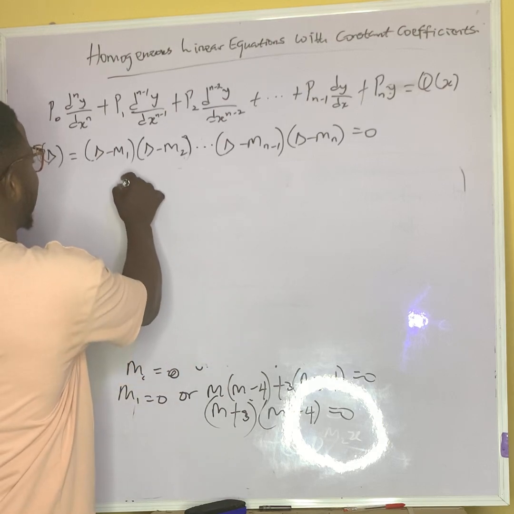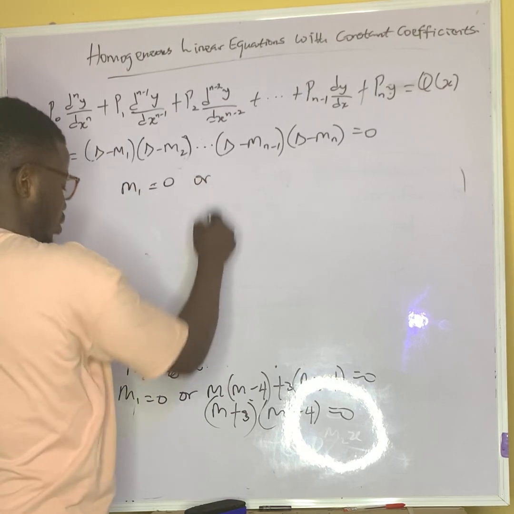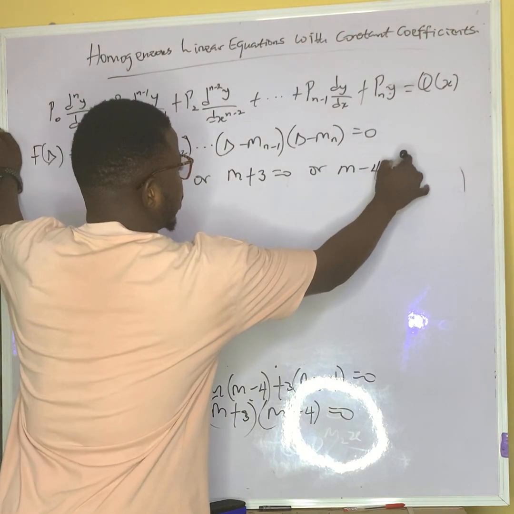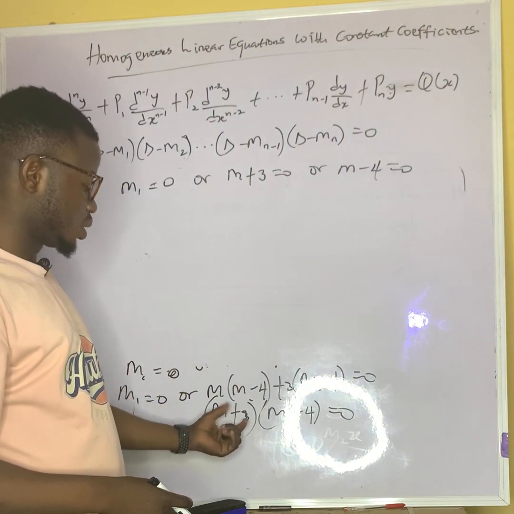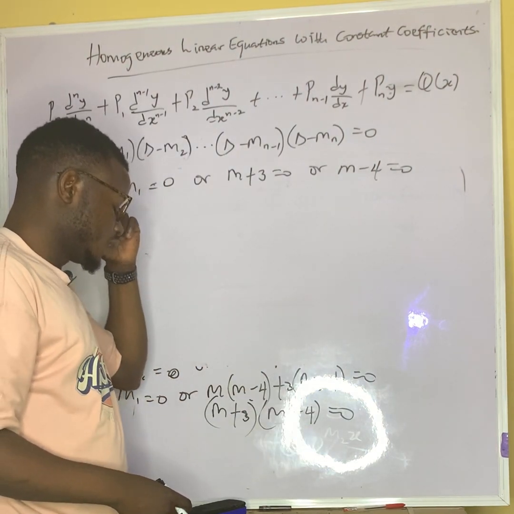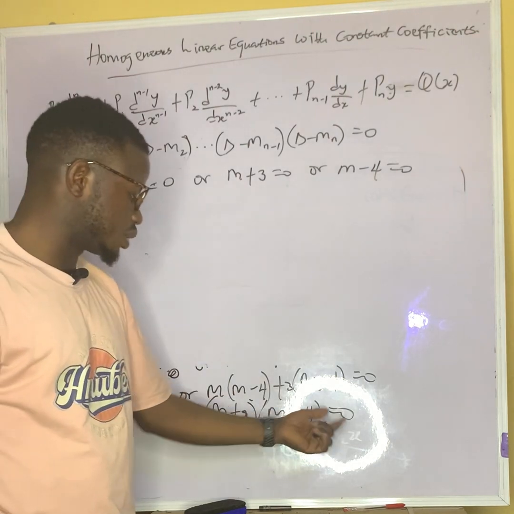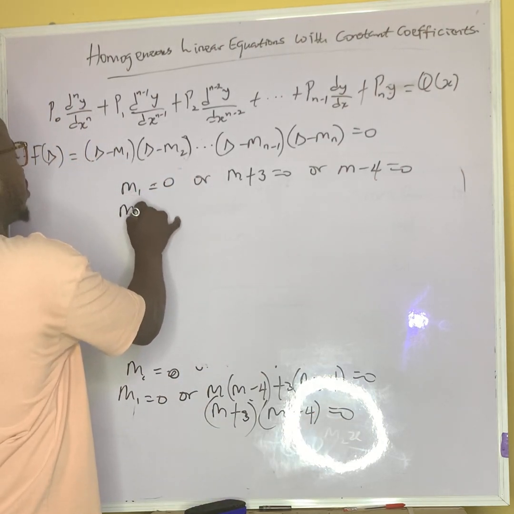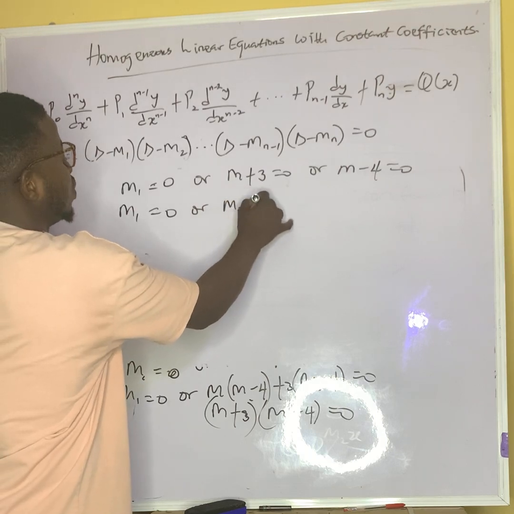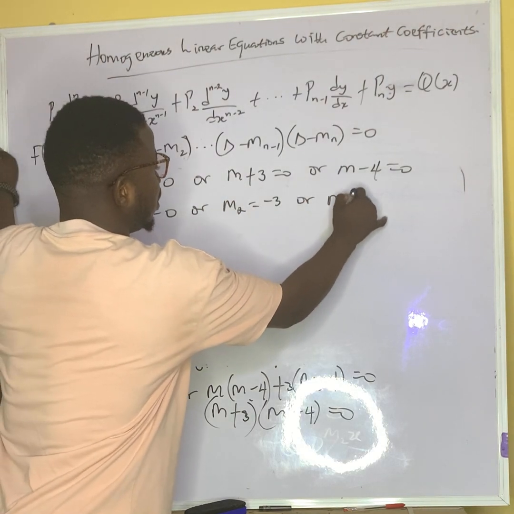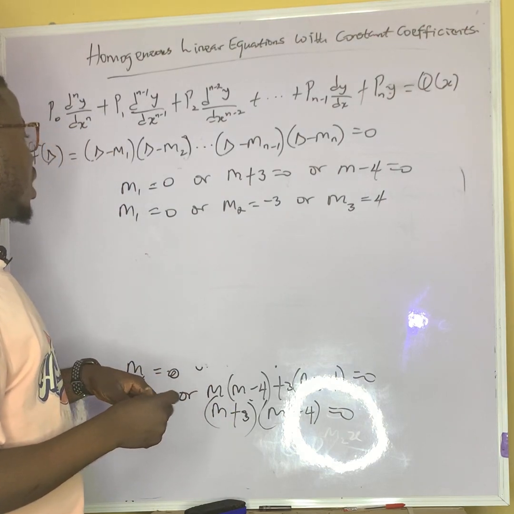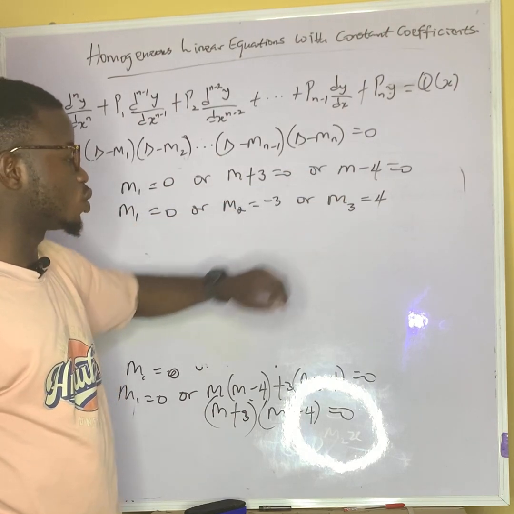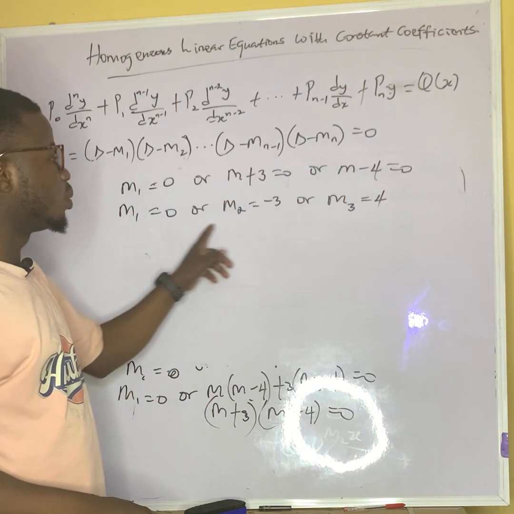So we can actually go back here. From what we have there, m1 is equal to 0, or m plus 3 equals 0, or m minus 4 equals 0. So in this case, we have m plus 3 times m minus 4, everything equals 0. That means m plus 3 is equal to 0, and also m minus 4 is equal to 0. So from here, I need to have the value of m1 equal to 0, or m2 equals minus 3, or m3 equals 4. Here we have m1 equal to 0, from here I need to obtain the value of m2, and from the other side, the last one, I need to obtain the value of m3. So here we have